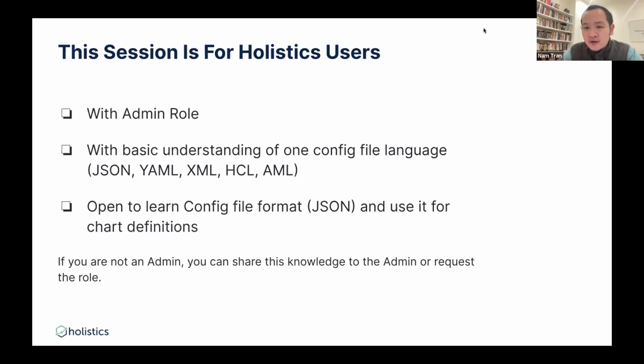If you are not an admin, don't worry. You can share this session with the admin, or you can request the role so that you can do it yourself. And secondly, it is important that you have some understanding of config file languages, for example JSON, YAML, XML, stuff like that.